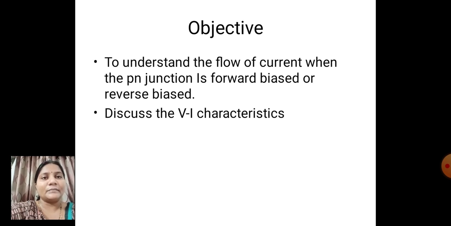And again we need to study about the input output characteristics. So in this topic, for the PN junction diode we will apply some external input voltage and we will study the behavior of output current. So simply we will discuss about voltage current characteristics or input output characteristics. I am again clarifying here, the input is voltage and output is current. So we can simply say that current is the effect of input.